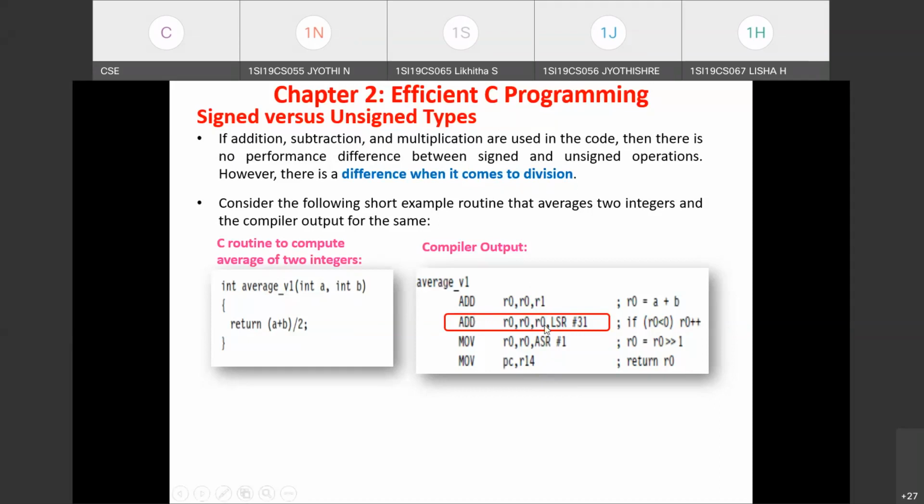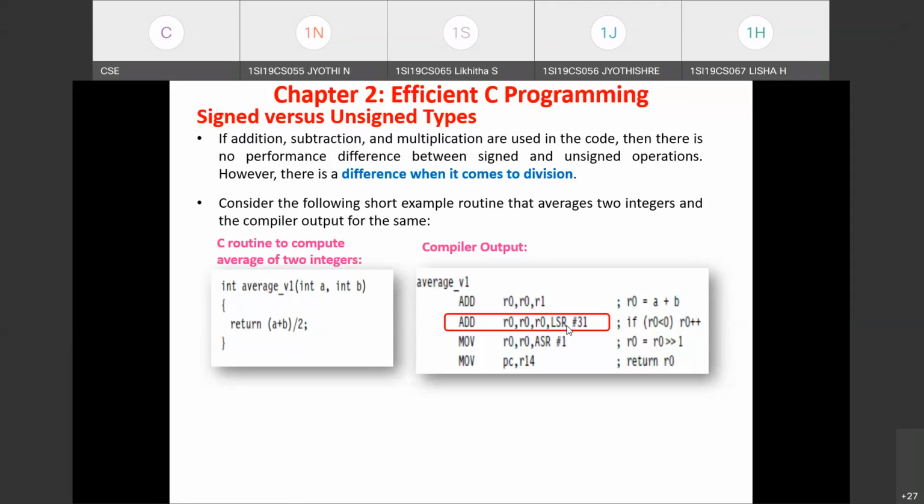After the addition, r0 has the result, and to that result 1 is added, so that once you perform the arithmetic right shift you will get the correct value. This is the additional instruction the compiler has added, useful when the result of addition is negative.